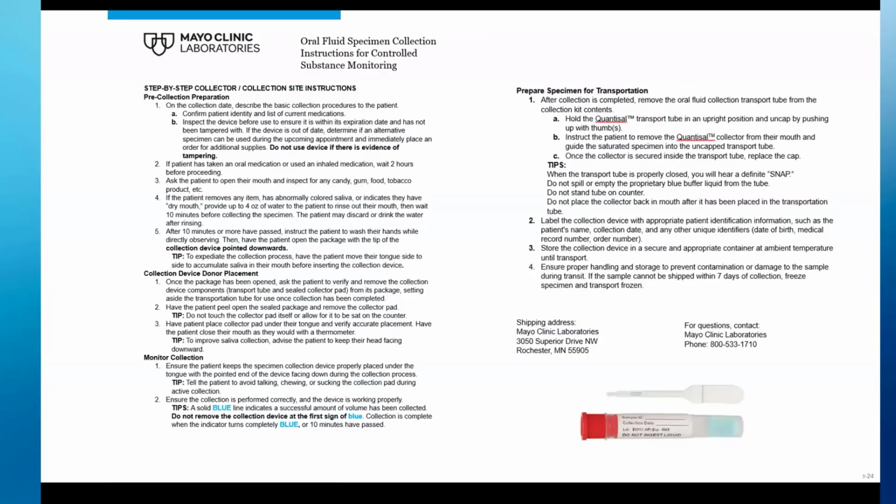With our testing, we also have step-by-step collector instructions. All of these instructions include those best practices. So that 10-minute wait period for the patient, where they're being witnessed and have all of the gum, candy, anything pulled out of their mouth. They have the ability to do that rinsing up front. We want that 10-minute period to have passed so that you have that natural cleansing process prior to the collection starting. All of this is witnessed.